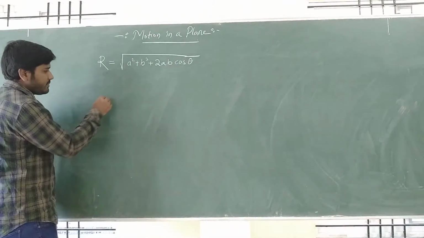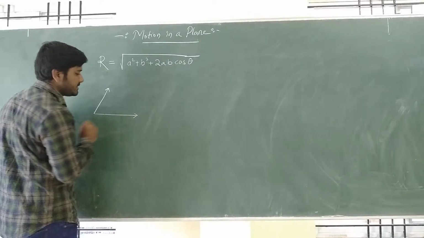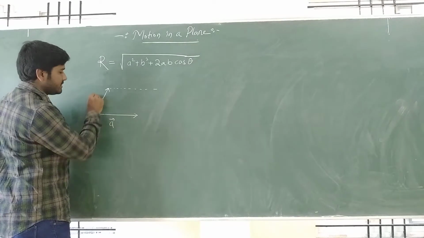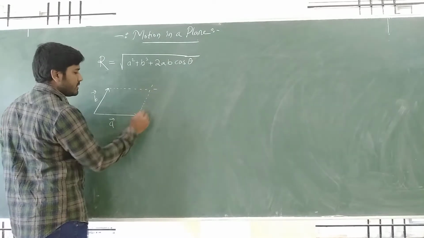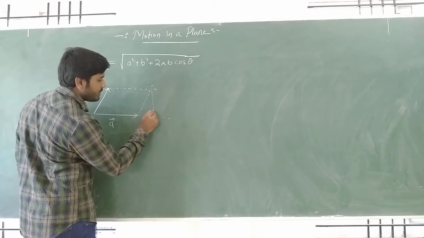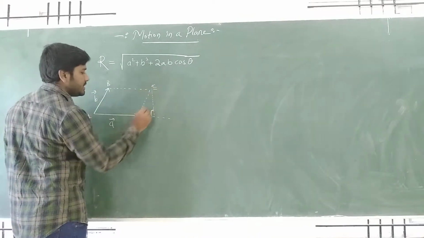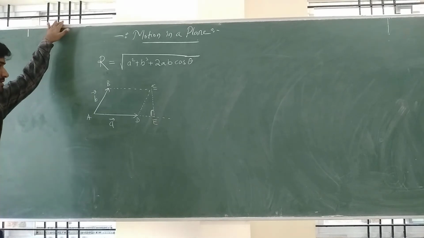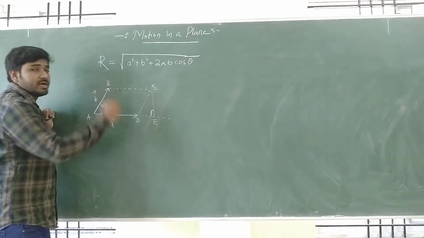See, parallelogram law of vectors: one vector is here like this, one more vector is here like this. I am drawing one parallel. This is vector A, this is vector B, correct? Again one parallel to vector B. I am extending this vector and at this point I am drawing one perpendicular. Giving these the names A, B, C, D, E, right? And I said in the last class that the angle between vector A and B is nothing but theta.